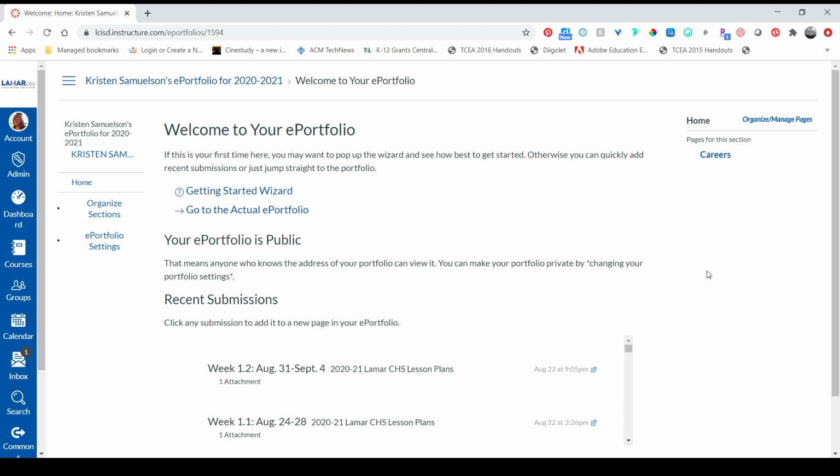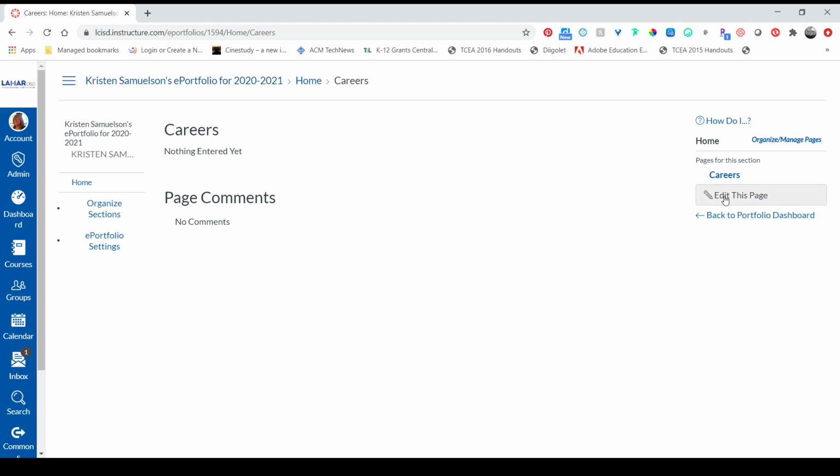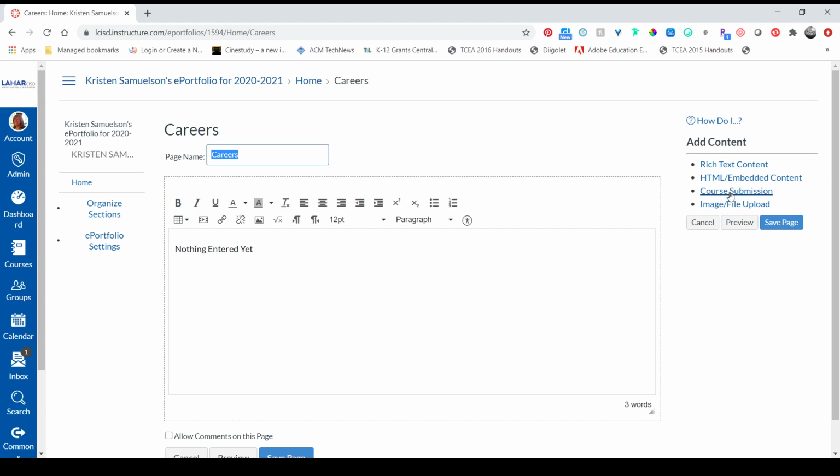When you want to add information or content to your page, you click on the page that you want to add to. You're going to click Edit this page. This is based on the name of the page up here. So you could change the name of it here if you needed to. Down here is where you are going to enter your information. You have the ability to